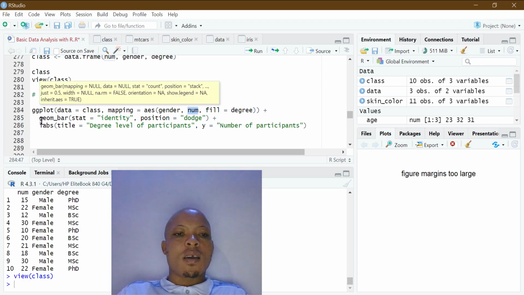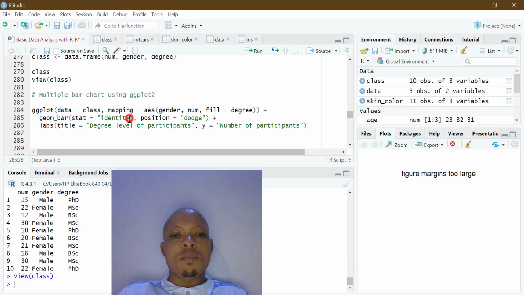Then this one is a geometry. What geometry do I want to bring in? I want to do a bar plot. And inside that bar plot, I will declare stat equals to identity. This means that let the height of each bar be equivalent to the numeric y-axis. It is numeric. So I'm saying that let the height of each of the bars be equivalent to